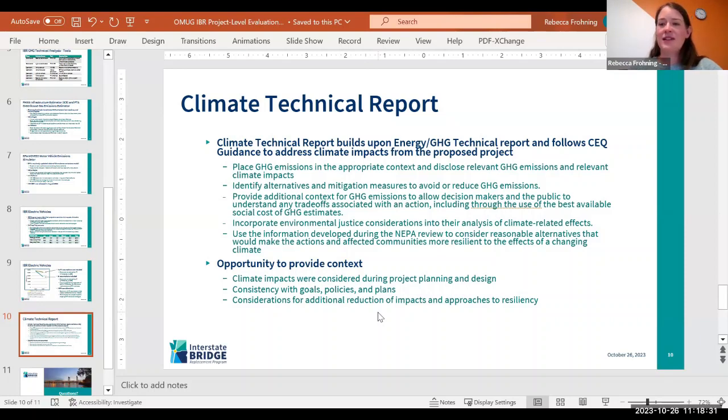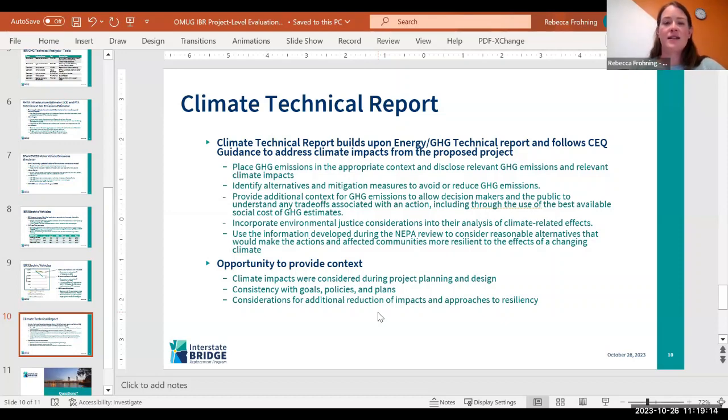We saw a lot of numbers today in talking about like million metric tons of greenhouse gas emissions. And I mean, that's just not a number that any of us can really wrap our head around. So I think that a big purpose of that new CEQ guidance is to encourage projects in regions that may have not already been looking at greenhouse gases to start doing that. Oregon is definitely ahead in this area. There are other states that are just now taking their first look at considering greenhouse gases for transportation projects, and